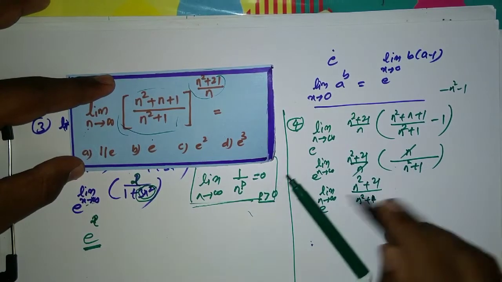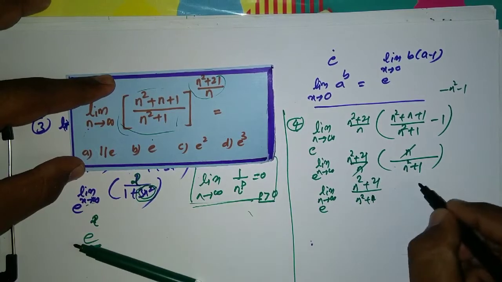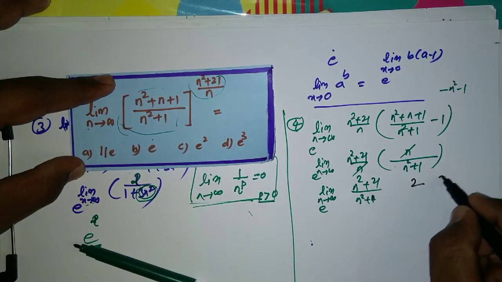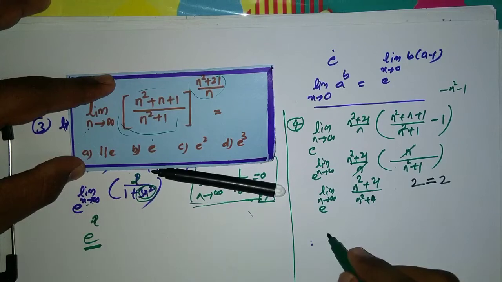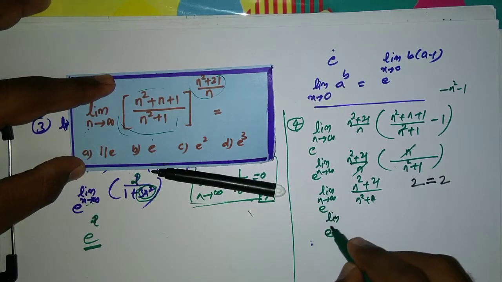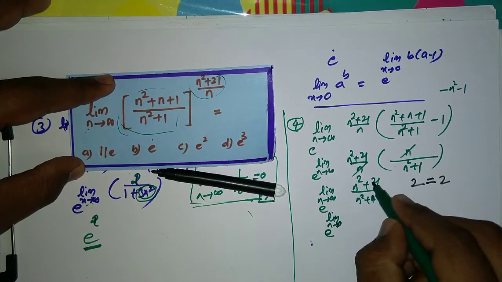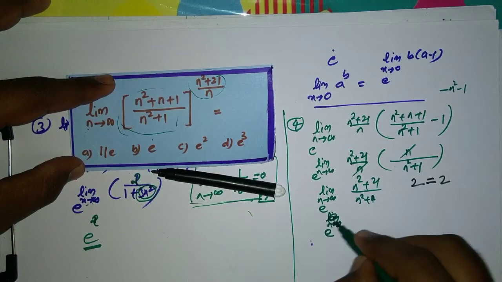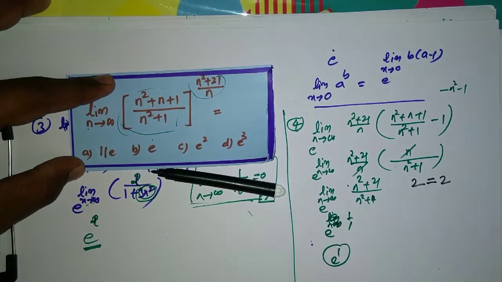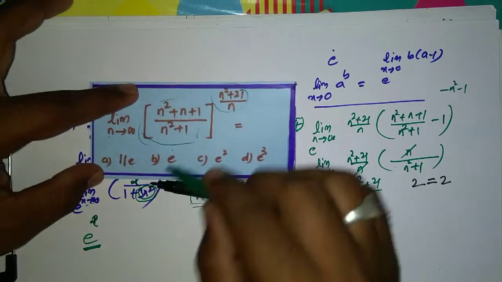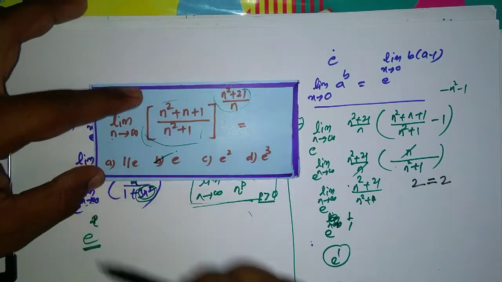Now check with the degree here. The degree of numerator is 2. The degree of denominator is what here? 2. In such case, what is your answer here? Your answer is simply the ratio of the coefficient of highest power in numerator and denominator, nothing but what here? Directly it's 1 by 1. 1 by 1 is what here? 1. Hence e raised to 1, nothing but what here? E is the answer. Hence, question number B is correct here.